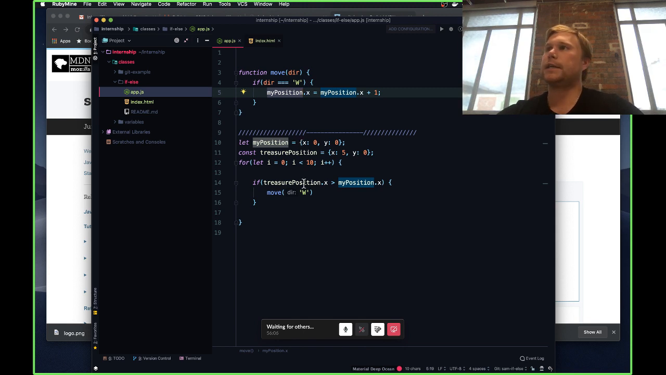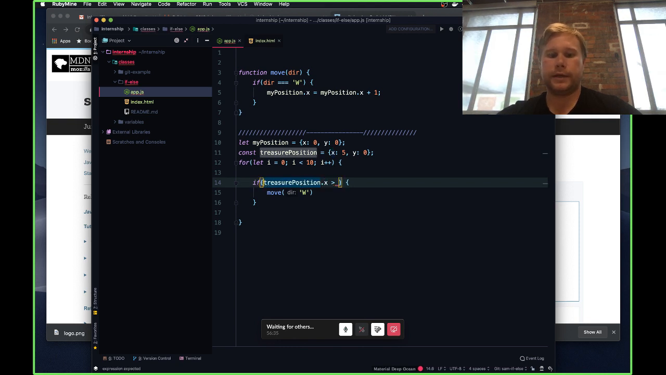So now the second iteration of the loop, what is my position's x going to be? 1. And so then because my position's x is less than the treasurer's position x, what's going to happen? It's going to move west again, right? And then now the my position x is going to be what? 2. And then on the next iteration,